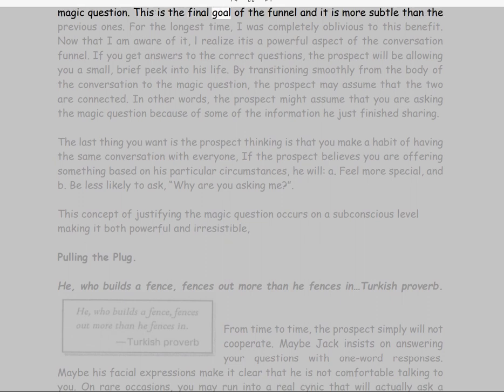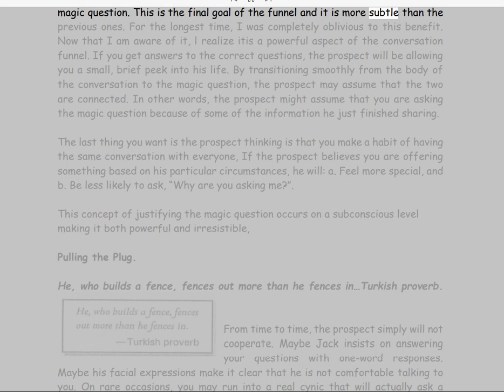This is the final goal of the funnel, and it is more subtle than the previous ones. For the longest time, I was completely oblivious to this benefit. Now that I am aware of it, I realize it is a powerful aspect of the conversation funnel. If you get answers to the correct questions, the prospect will be allowing you a small, brief peek into his